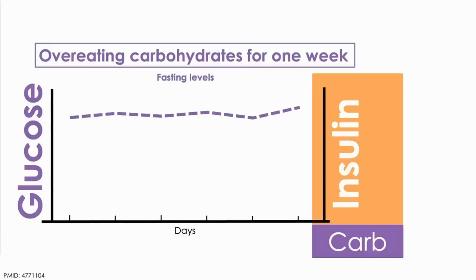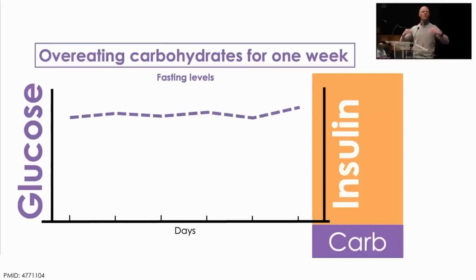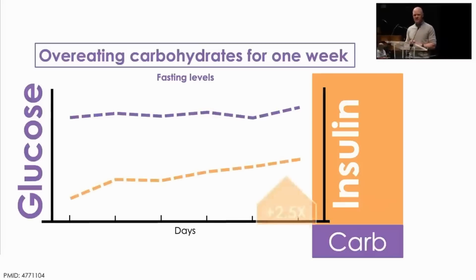All right, now this is one study though that took individuals and had them overeat carbohydrates, which, let's face it, is what most people are doing, right? In the global diet, 70% of the calories are coming from carbohydrates. That's quite a majority. So this is what happened over 7 days in a fasted state. I'm already showing you the glucose levels. Now, however, if we were to add on the insulin, this is what happened to the subject's insulin levels over the same length of time.